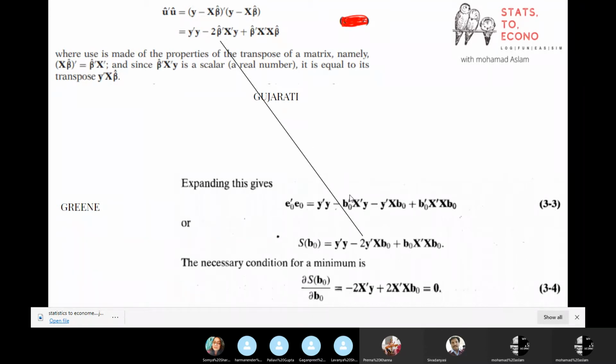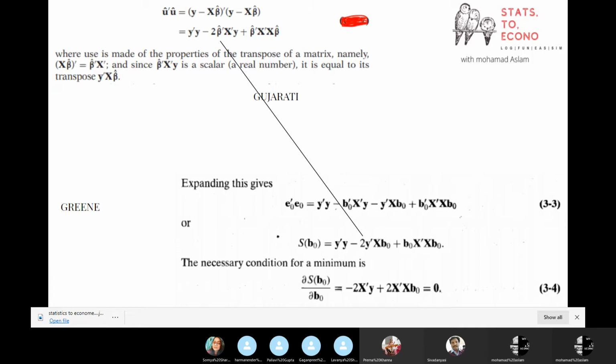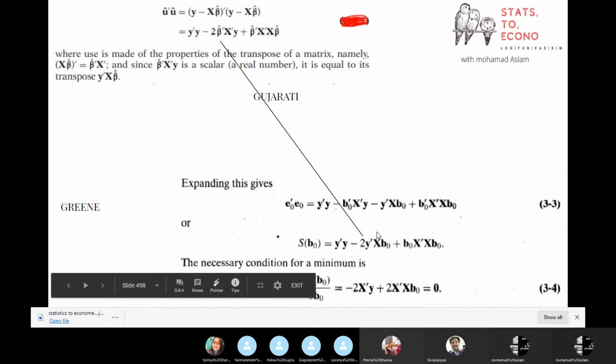They keep this first one, and in Green and Madala and other books, they keep the second matrix. But both have a scalar matrix, a single value, so it means both the values are the same. You can write it either way. This is only a difference while we are writing in the equation form, but when we have the actual number, then it's the same number, so it won't make any difference. So if we differentiate it with respect to beta 0, so here